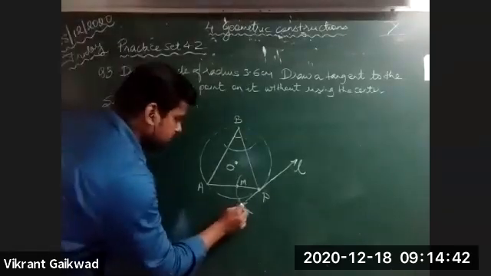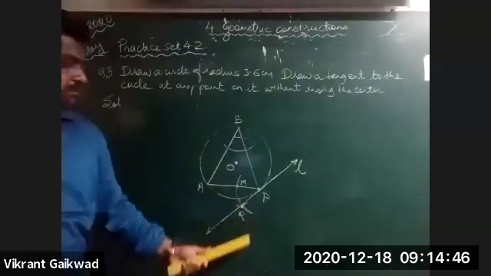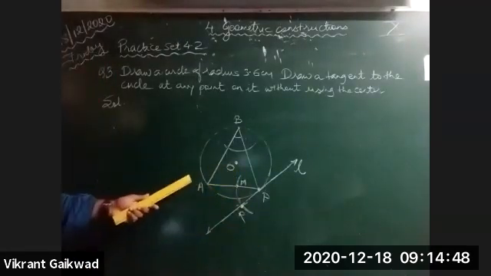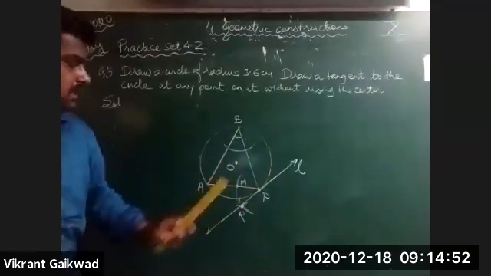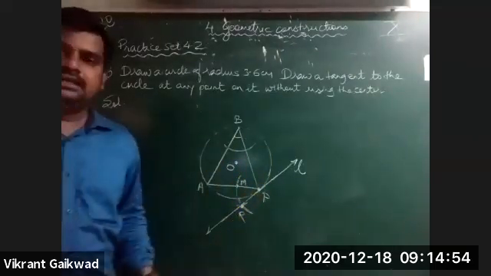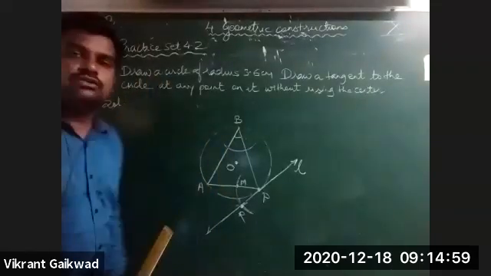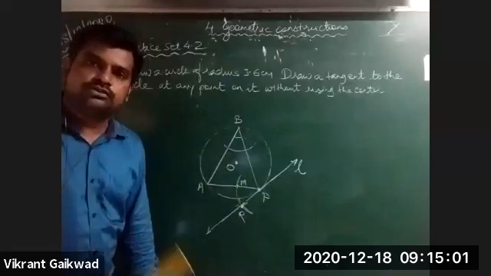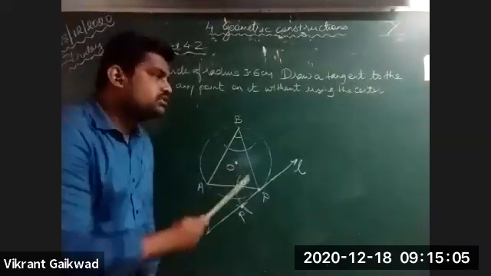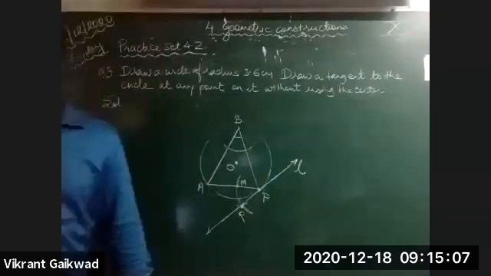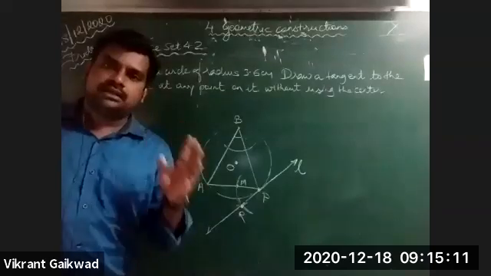Say for example, if I mark this point as R, you'll get angle ABP equals angle APR. Angles in the alternate segment. Is this clear to all the students? Here at any point when we have done the construction, we have not used this point O. Is this clear to all the students?